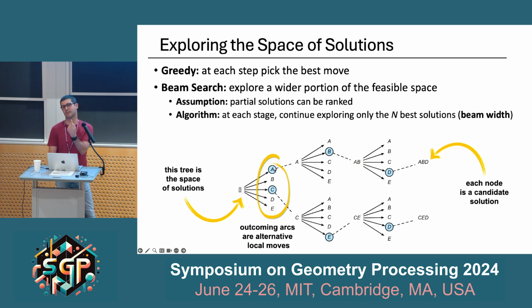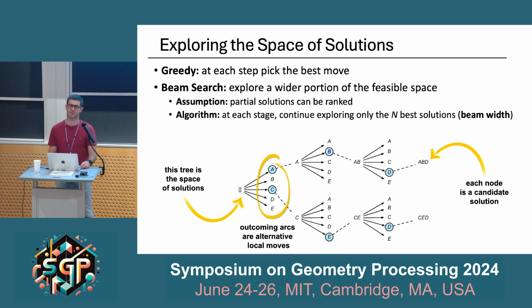If I took just one, that would have been the greedy approach. In this case, I propagate two. So you propagate two solutions. Again, for these two solutions, you consider all the possible cutting planes. Now you get these many solutions. You rank them, you take the two best ones, and you continue with this approach. So at the end of the day, you have explored